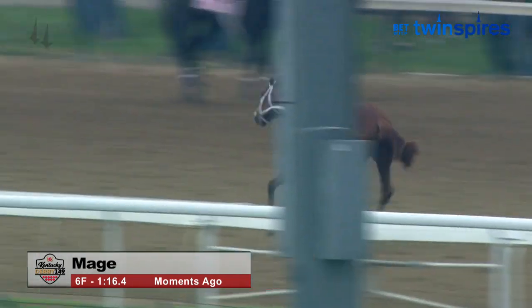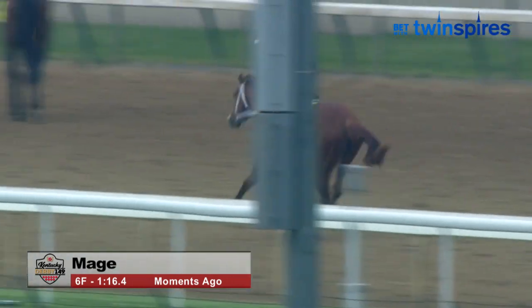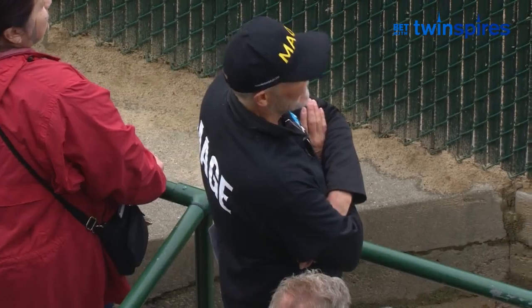So as much as he wasn't a horse that really impressed me, I was impressed with this gallop out this morning. Brandon, how would you compare